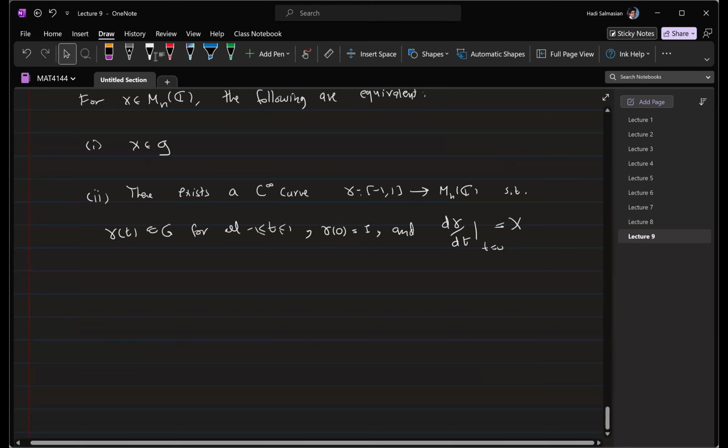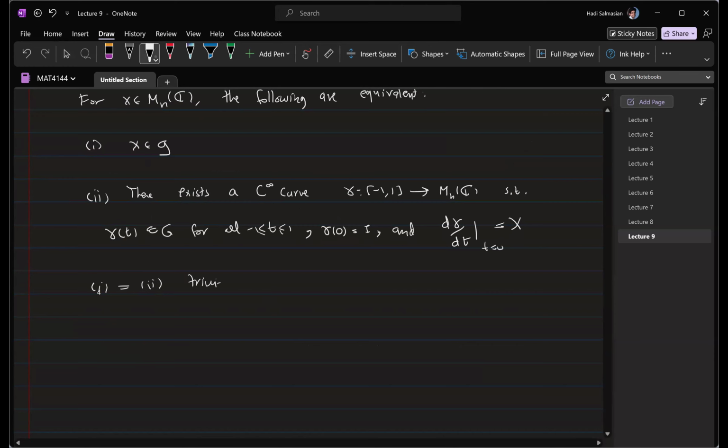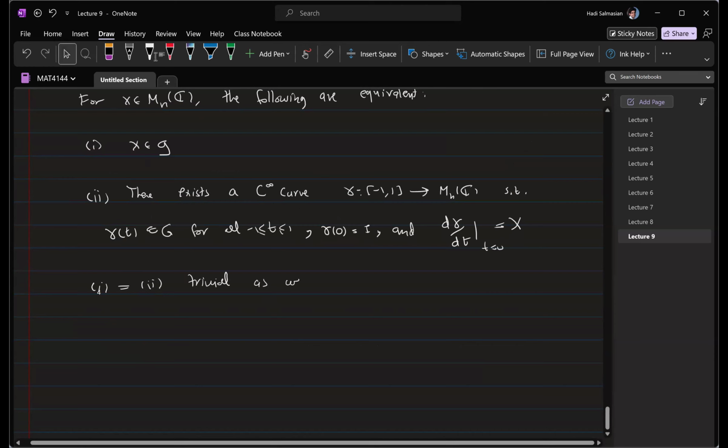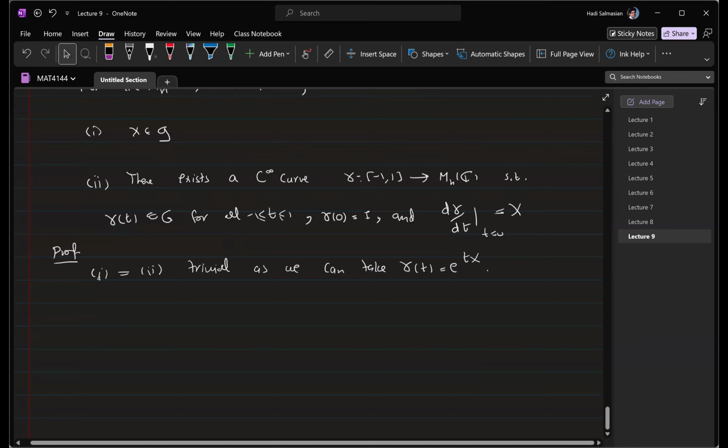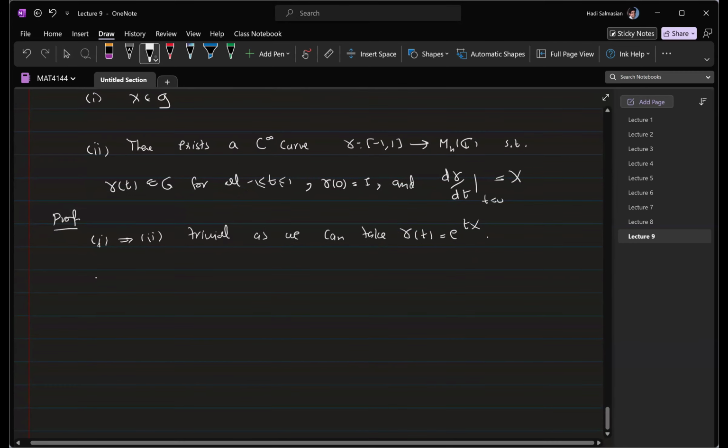First of all, 1 to 2 is trivial. This is the trivial direction, as we can take gamma of t to be e to the tX. Okay. 2 to 1 is non-trivial. Or rather, it's less trivial, let's say. So 2 to 1: given such gamma,